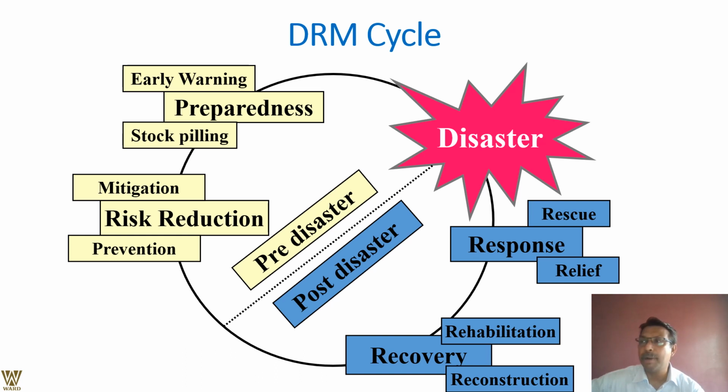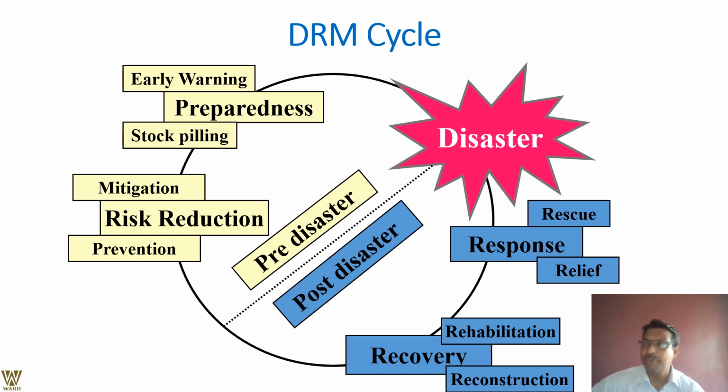Yes, we are talking about preparedness, nothing like it, like stockpiling. When I say stockpiling, it need not be only food and drink, but probably medicines too, probably technologies too, genome sequence too, and yes, early warning system. Nothing can beat around it. So these are the disaster risk management cycle, if I may say so.